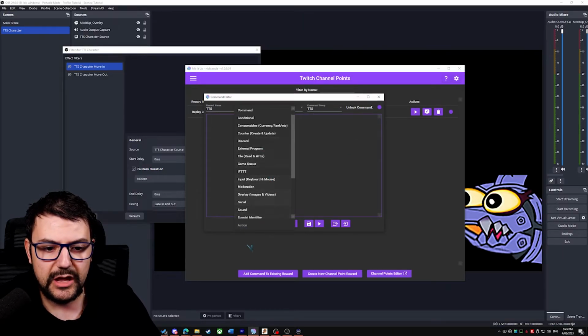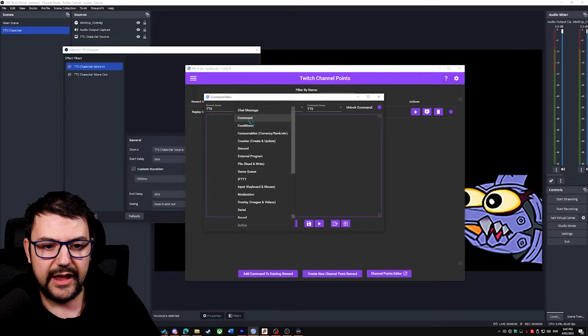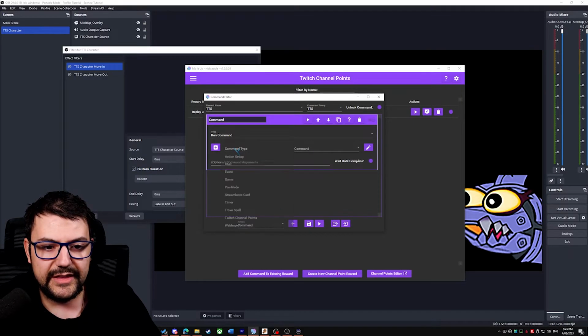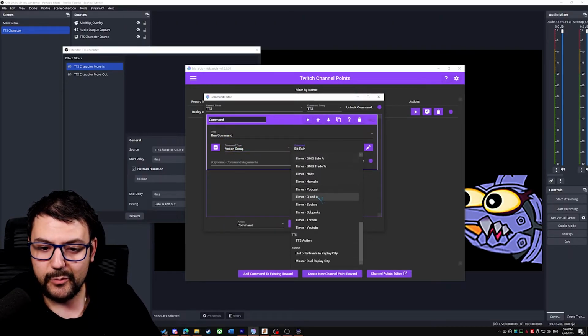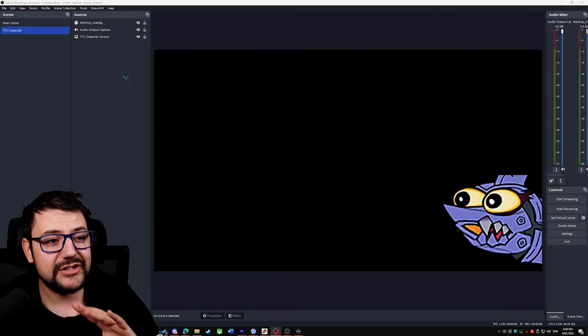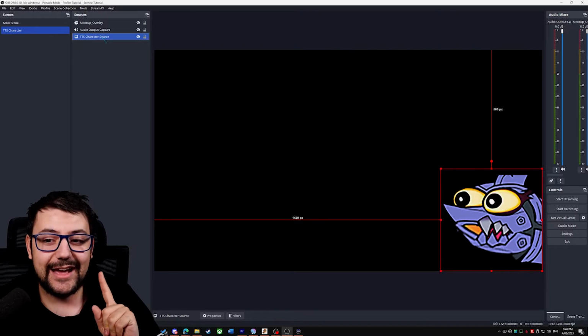So just like before, go to the little action selector and scroll to find command, click the plus button. The command type is action group, and we want to run command, and the command we want to run is TTS action. Sweet. Now that that's all set up, we actually have to come back into OBS, click on our